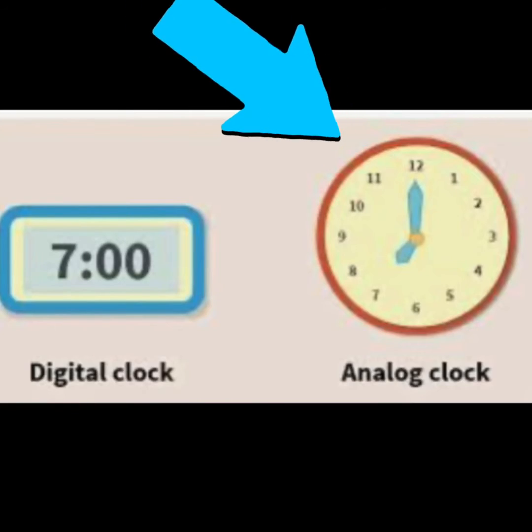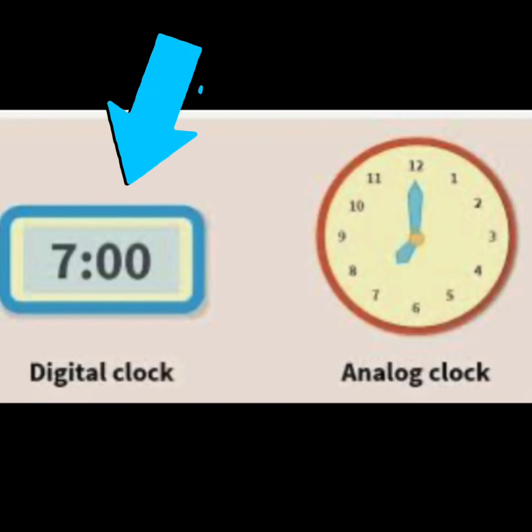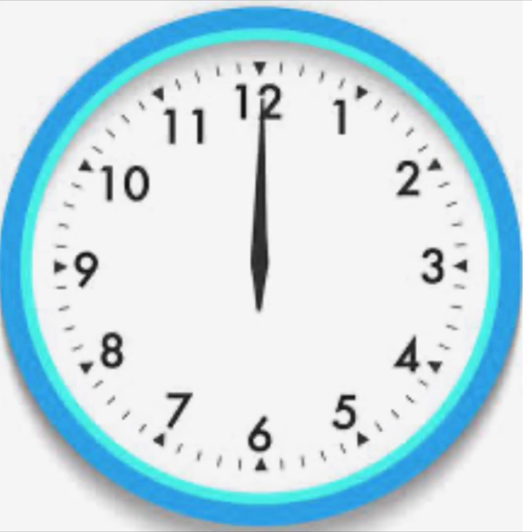Have a look at this. We see 7 o'clock like this in an analog clock and this way in a digital clock. Look at this time, children. Can you guess what time it is now? Well done. It is 12 o'clock. When it is 12, the hour hand and the minute hand are both on 12. The short hand is behind the long hand, so you can't see the short hand.